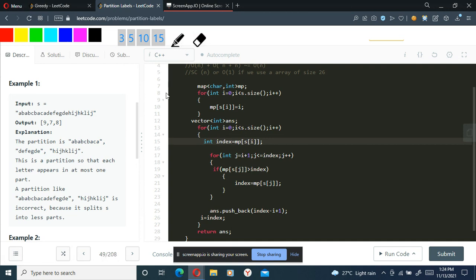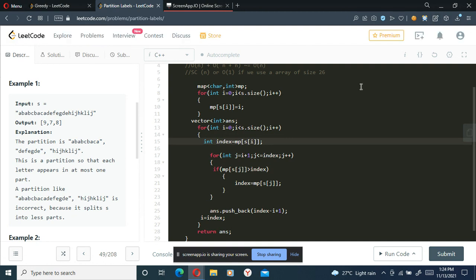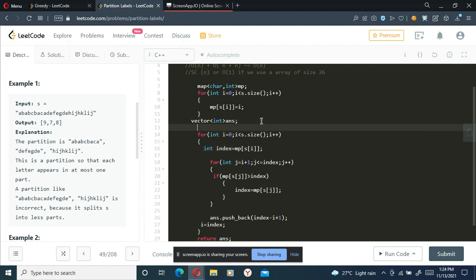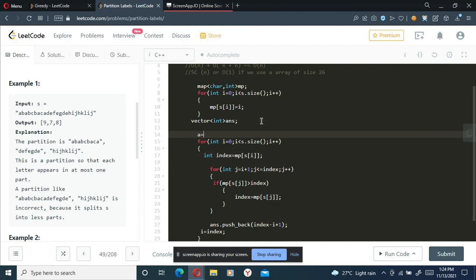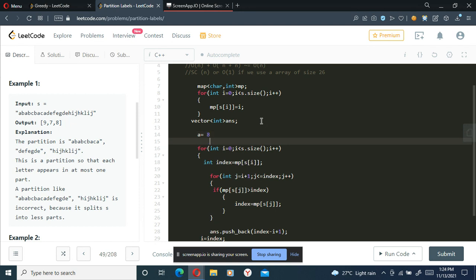Okay, it's not working for some reason. So we have got it. I'll just write it down here. So the last occurrence index of a is equal to what? 8. I've got this. I will go inside this loop and start iterating from i plus 1. So I start from b. I check what is my last index of b.